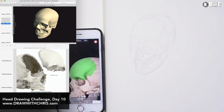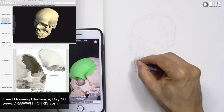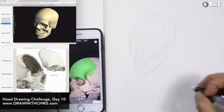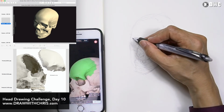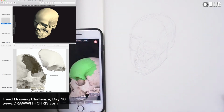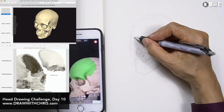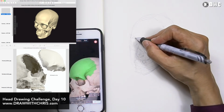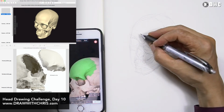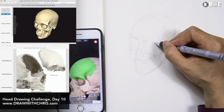Okay, the teeth don't feel quite right, but it's okay. I just want to get my bearings a little bit here. Here I have some reference without the lighting, or different lighting, so I can see a little bit what these holes are. I forgot what they're called, but I wanted to become familiar with